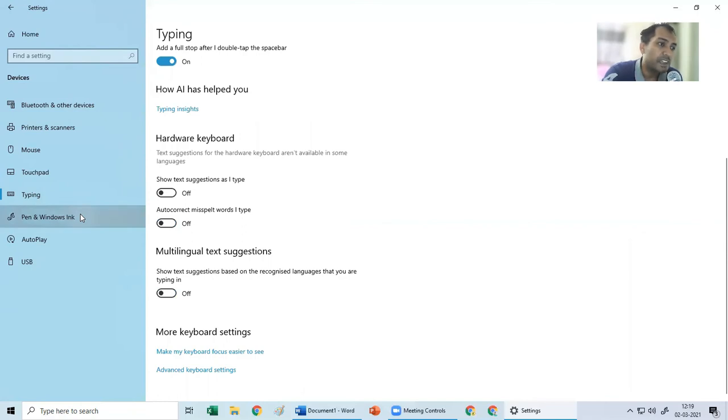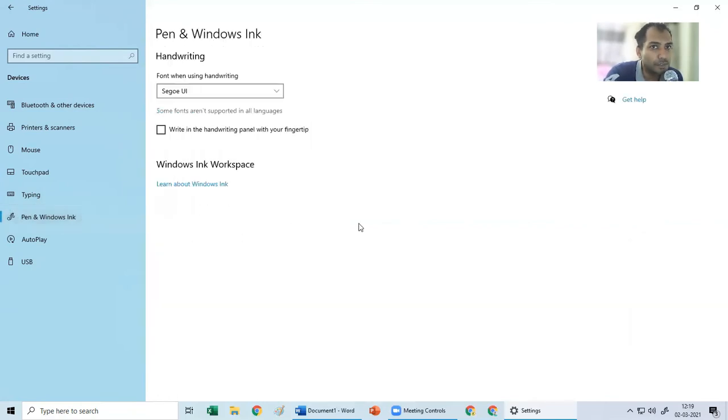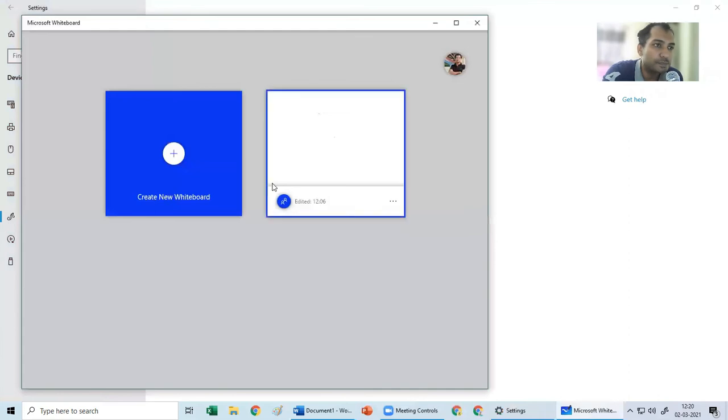So these are the suggestions which you can turn on and off as per your requirement. Next comes pen and Windows Ink. This is useful for a screen which is actually a touch screen. So you can choose a touch screen and you can directly start scribbling on the screen as you do on a paper with the help of pen. So that's pen and Windows Ink. Actually, you'll need a software also. If you remember in the taskbar, I had told you this option. This is Windows Ink. So when you click on this and you click on whiteboard, see this whiteboard appears.